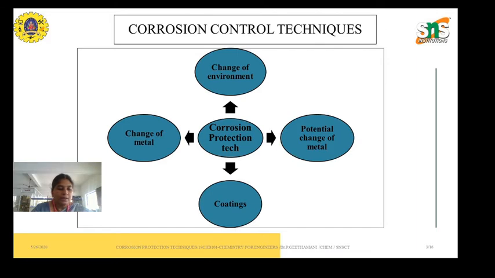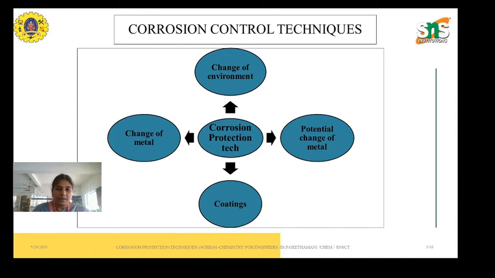That means pure metal, as we discussed in the previous case, is unstable only then this kind of reaction takes place. 100% pure is more stable. With 99.9% purity, due to some reasons it will still undergo corrosion. So changing the metal means making it 100% pure, along with the design.